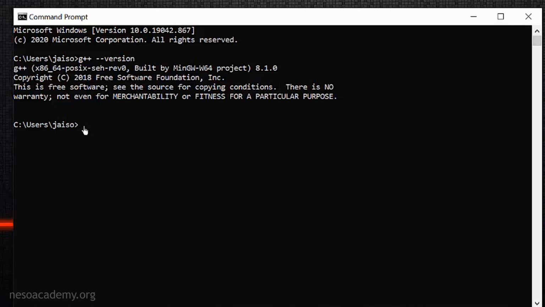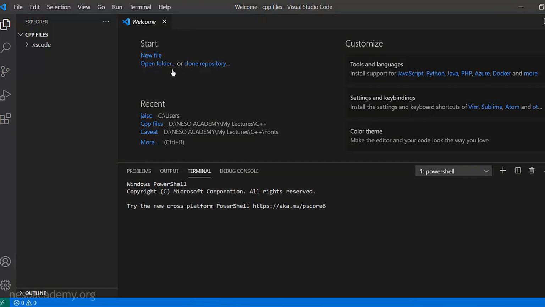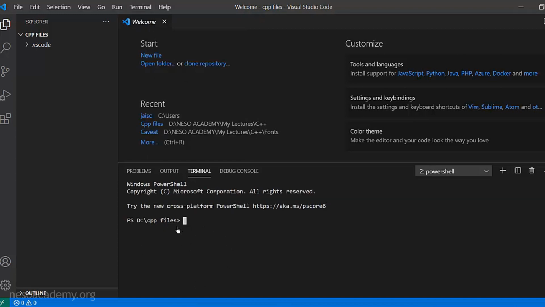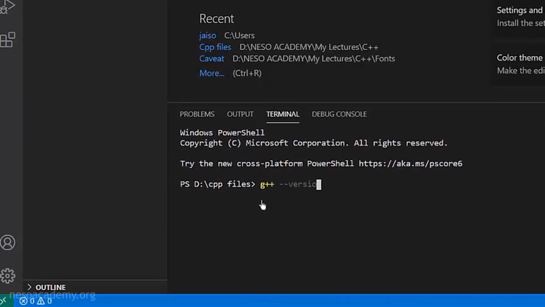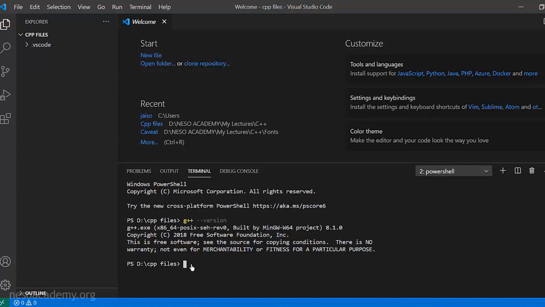Now we will see how to check it in Visual Studio Code. Let me close this and open Visual Studio Code. In Visual Studio Code we have something known as the terminal over here. By default there will be a terminal open here, or if there is no terminal, you can go to Terminal and click on New Terminal. That will open a terminal over here. Here we will type the same command that we typed in the command prompt. We type g++ space hyphen hyphen version, and press enter, and we get the same output again, which shows the version of g++ that has been installed, which verifies that all our installation and the setting of the path variable has been done correctly. So this is how you can verify it.